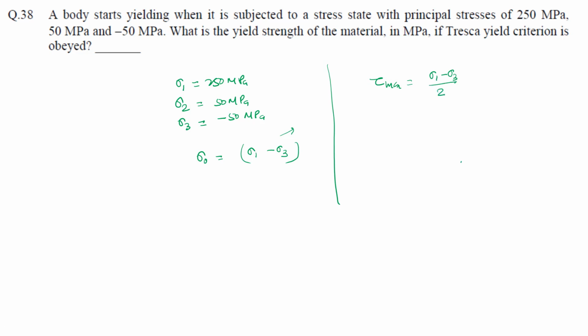So in the first case we take the uniaxial tension, we took sigma 1 is equal to some value, that is sigma naught, and sigma 2 and sigma 3 are 0. So that means tau max can be equal to sigma naught by 2. So sigma naught by 2 is equal to sigma 1 minus sigma 3 by 2. From here we come to know